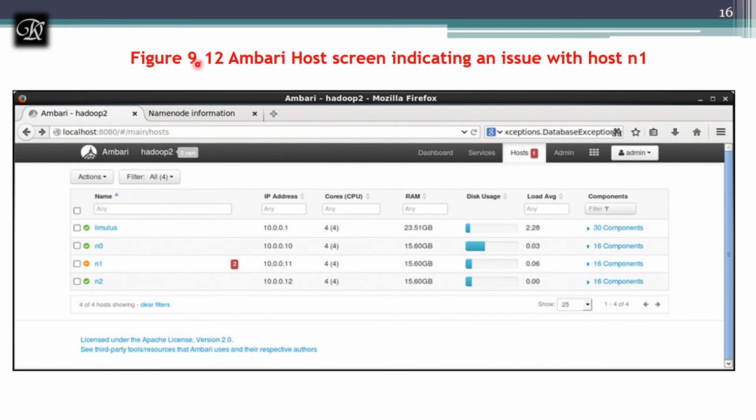Now let's see the host view again. I told you a few minutes before that they are going to bring the node N1 down, and they are going to show what happens once it is down. So this is a view where they have shown what happens once one node is down. To show it, they intentionally brought it down. And Ambari, again I'm telling, is only used to manage and administrate Hadoop, and most of the people won't work on it.